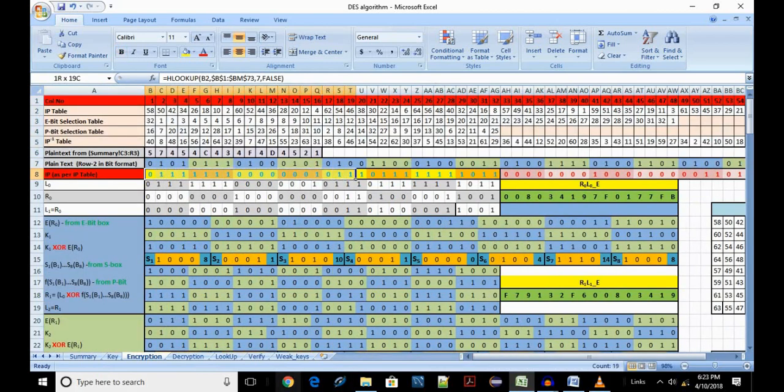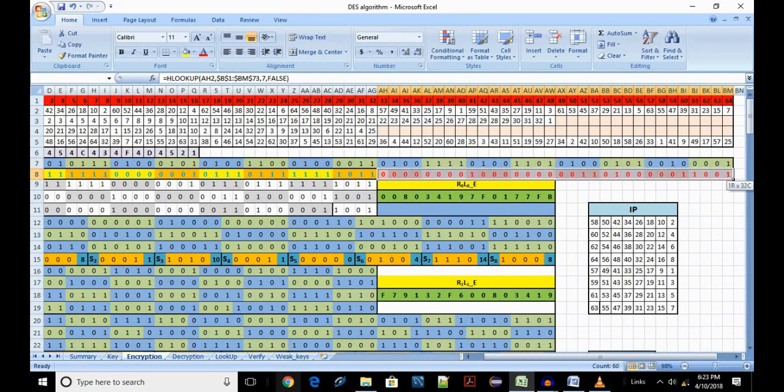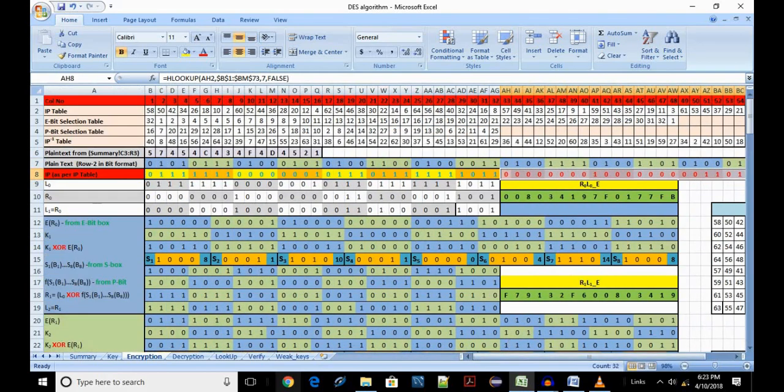We split row 8 into 2 halves. The first half is placed in row 9 and the right half is placed in row 10. The naming convention is L0 and R0. Please follow this subscript closely until we complete the entire 16 rounds of encryption. We are now ready to enter the first round of Feistel network.